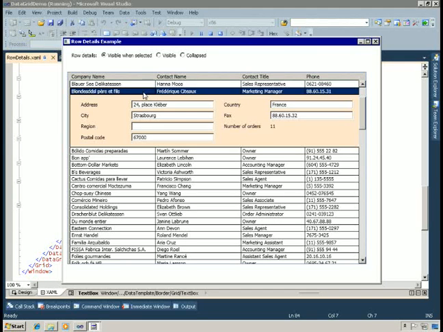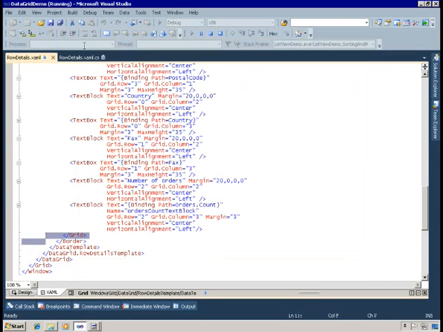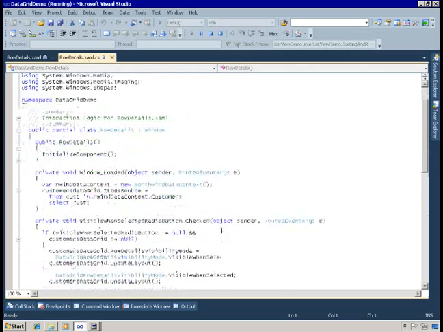Now you have some control over when row details appear. By default, they appear when selected. And so there is a row details visibility mode property of the data grid that is set to visible when selected. I can also choose to display all of the detail sections, so when I click visible, notice that they all appear. And what I've done, if we go look at the code here,